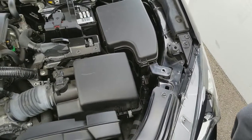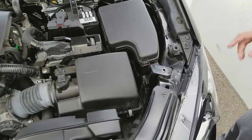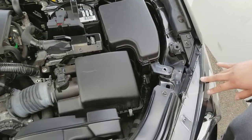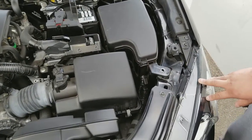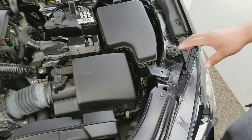So we got this 2015 Mazda 3 hatchback that we're going to be installing the LEDs on for the headlights. We're going to be replacing the low beams and the high beams. These use the H11s for lows and 9005 for high. Right now we're going to start on the driver's side first because it's a little bit harder than the